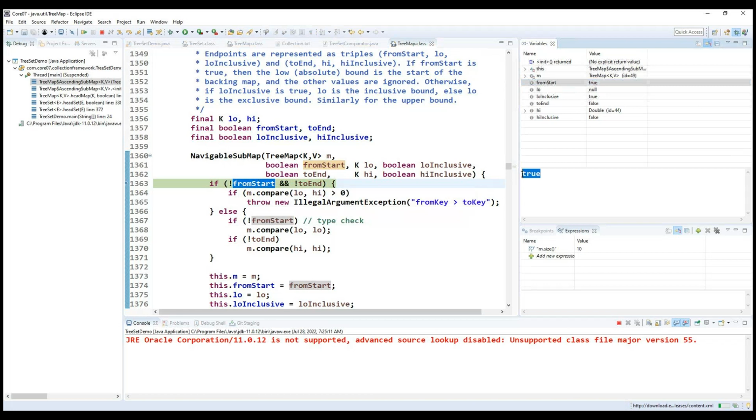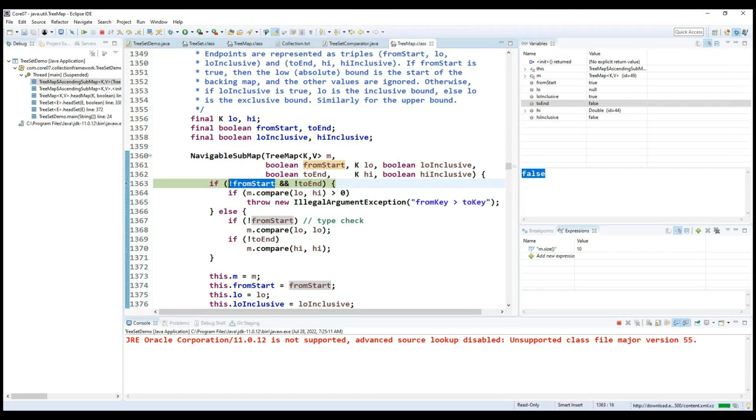So we'll see from start we are having true value, and to end also we are having false. Okay. So here this condition is returning true and this condition is returning false. So this is important, we need to understand. One condition returns true and another condition returns false. So whenever we do like this, finally this entire expression is returned as false here. Okay, so what you need to understand here,